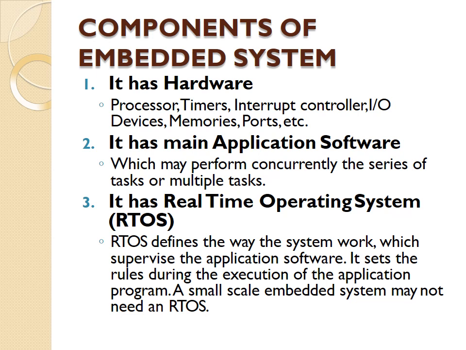So it has a real-time operating system. What does it supervise? The application software. It sets the rules during the execution of an application program. Generally, hardware, in the sense it has a processor, timers, interrupt controllers, memories, ports. The processor is the main heart of an embedded system. The timer and interrupt controllers are other peripherals which will be interconnected to the processor, and it will give